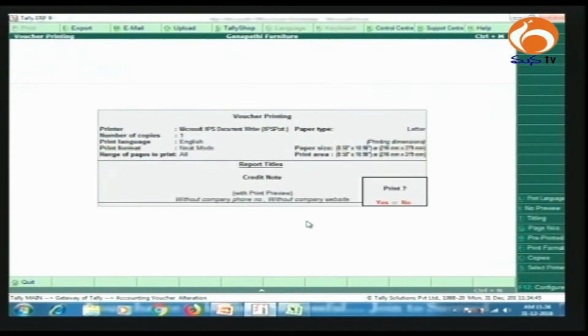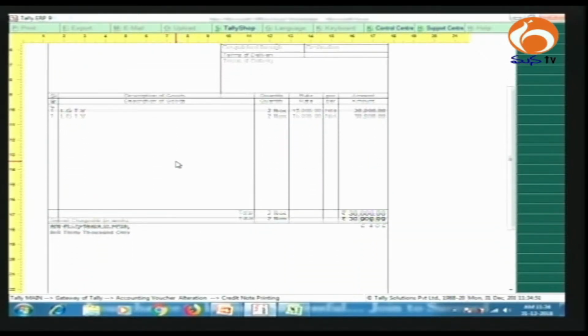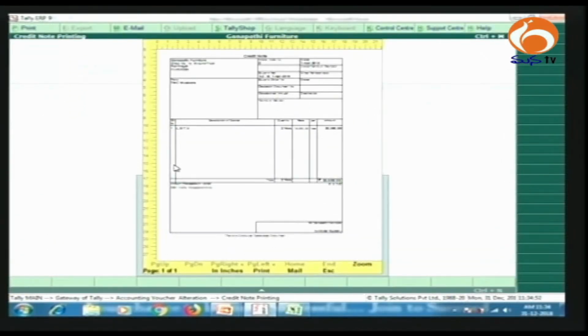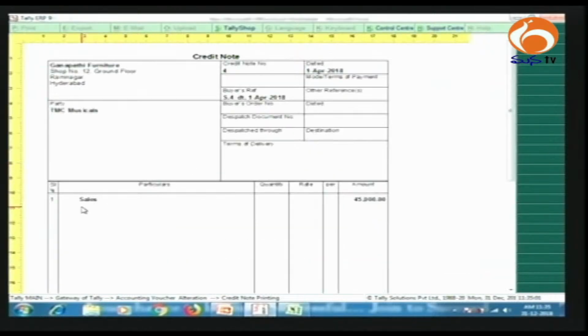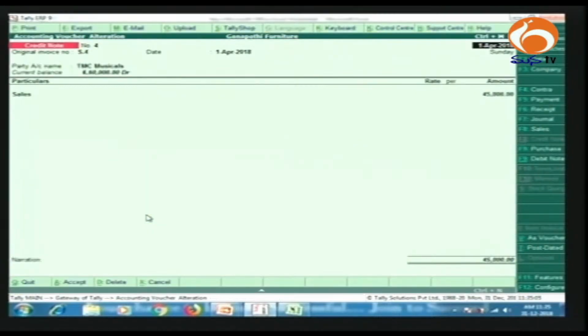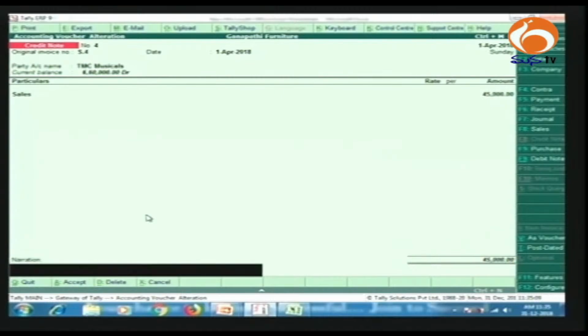Okay, Alt P F12. So this is the credit note you can issue to the party. And this one without inventory, that also you can say. So you can write that sales and where to write the narration. Okay, అంటే మన సేల్స్ అక్కడ అంటే క్వాంటిటీ ఉంది తెలిసిపోతుంది, బట్ ఇక్కడ మనకి తెలియదు కదా. సో హియర్ యూ కెన్ నరేషన్